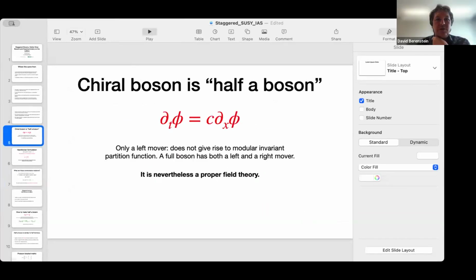As I was saying, a chiral boson is half a boson. It only has a left mover, but it's a proper field theory. And there is a way to have this equation of motion be the equation of motion of a Hamiltonian system with a Poisson bracket. If you take a scalar field as a function of position, and you impose the following commutators, also known as a Poisson bracket,